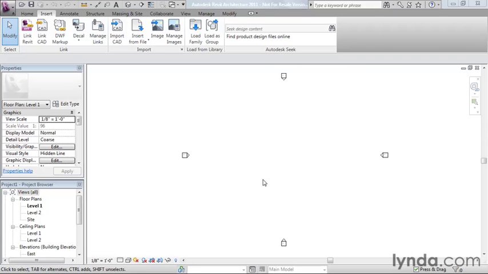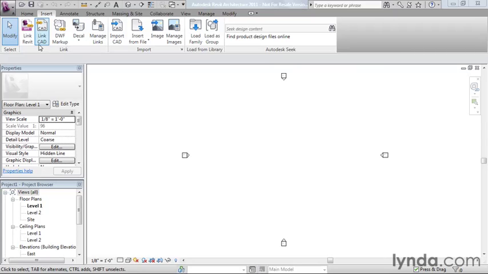So I'm here in a blank empty file started with the default template. I'm going to click the Link CAD button here on the Insert tab. Now there actually are two ways to bring CAD data in, Link CAD and Import CAD. We're really going to want to choose Link CAD if we're sharing data with somebody else in the project team and we have any suspicion that that person is going to send us an updated file at some later date